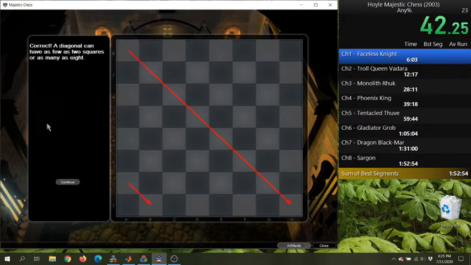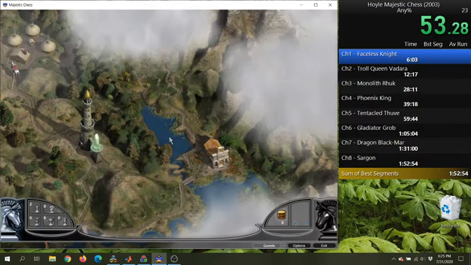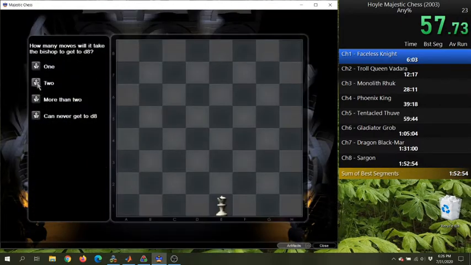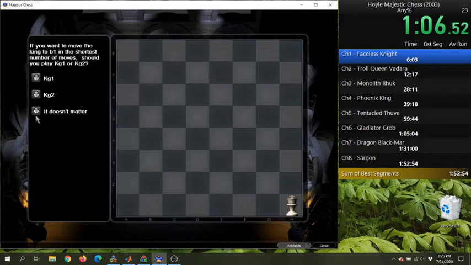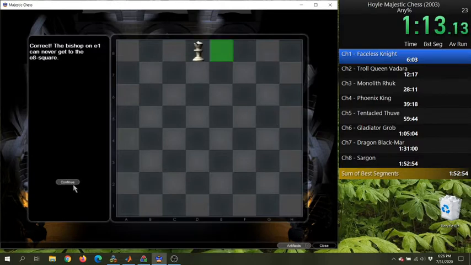This first chapter teaches you to play the game, and to that end doesn't include a lot of real games of chess, mostly these quizzes, which, although the questions are all easy, if you're doing it fast and talking at the same time, which I'm not very used to doing, to be honest, since I'm not a streamer, I find them actually pretty easy to mess up still. So hopefully I won't embarrass myself here.